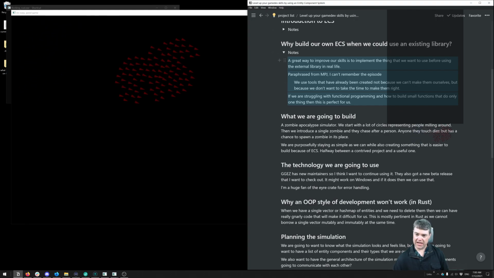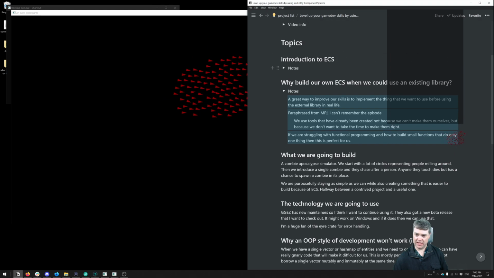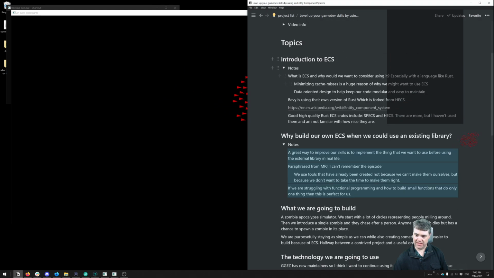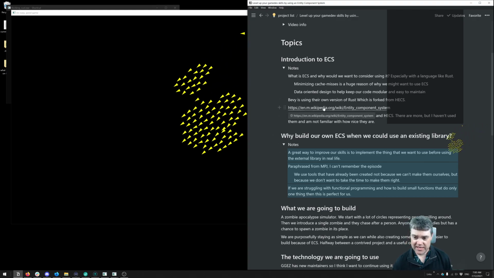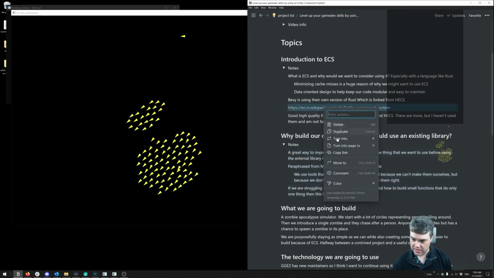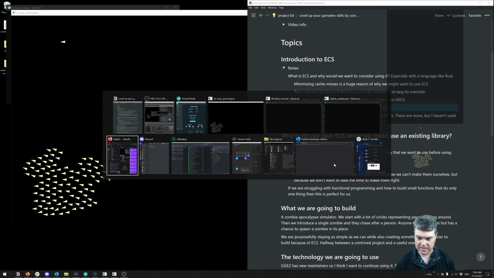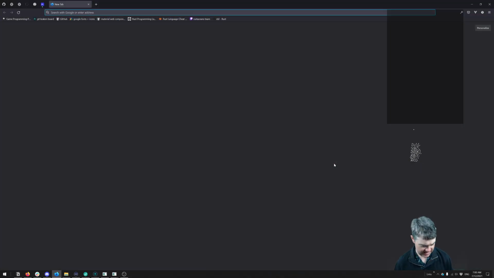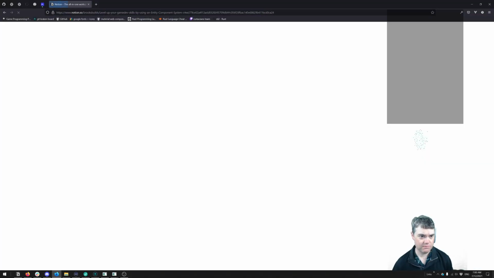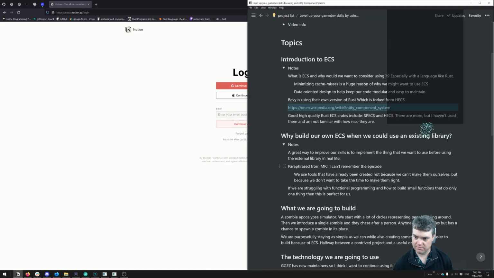So I plan on starting this with an introduction to ECS. I went through and I actually did some research this time, as opposed to the last time where I just looked at code from other ECS systems. So Wikipedia has a really interesting definition of ECSs that I don't know if I had fully